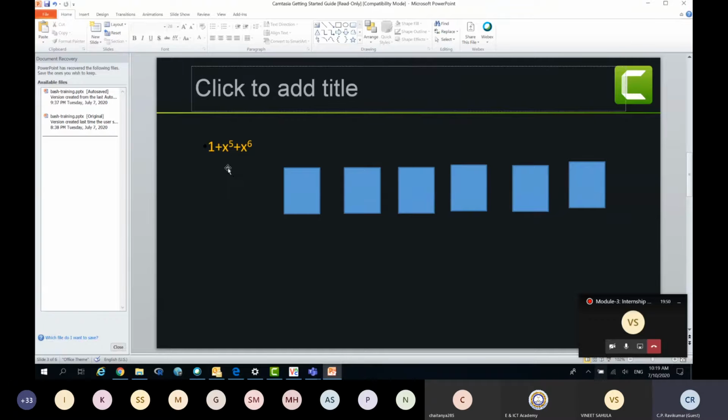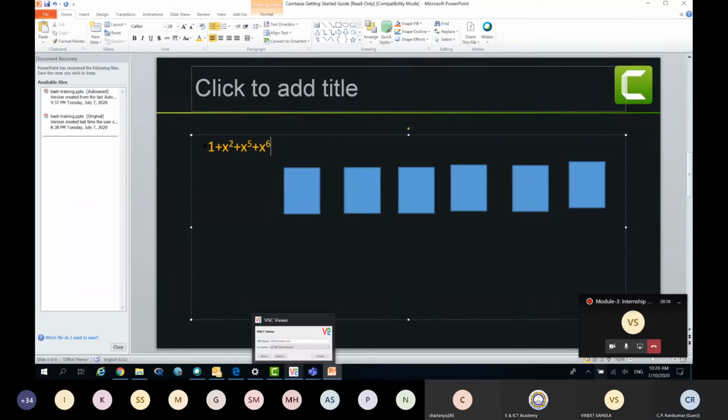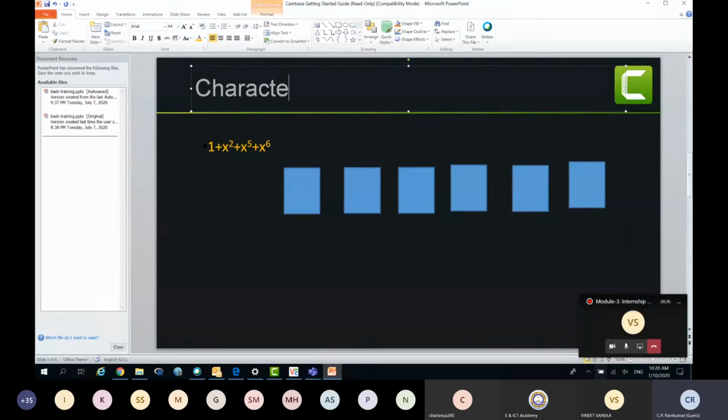If I took something else, let us say x bar 2 plus x bar 5 plus x bar 6, in this case it's a different LFSR. Here I'm tapping the outputs of 2, 5, and 6. So we don't know how the behavior is going to change. If the specification given was that we were supposed to implement an LFSR which implements this polynomial, this is also known as a characteristic polynomial.